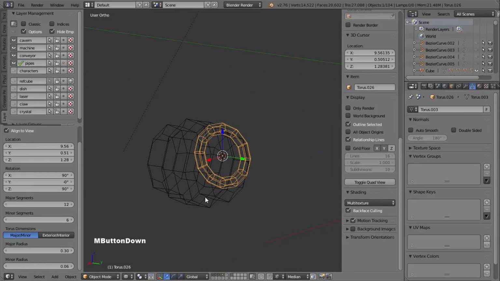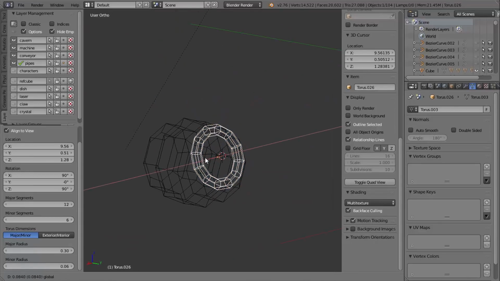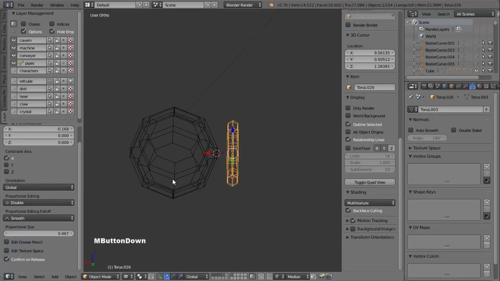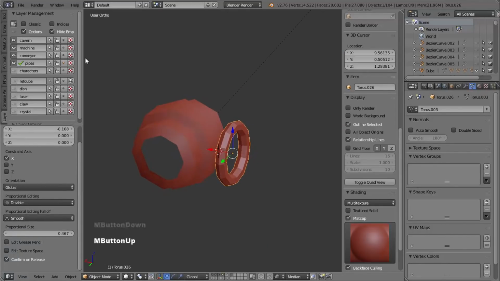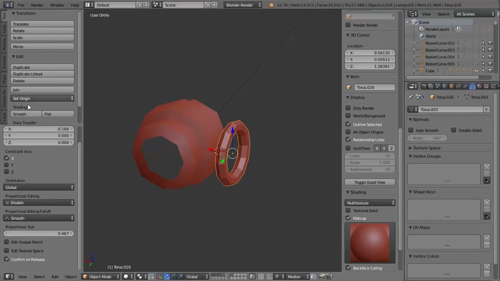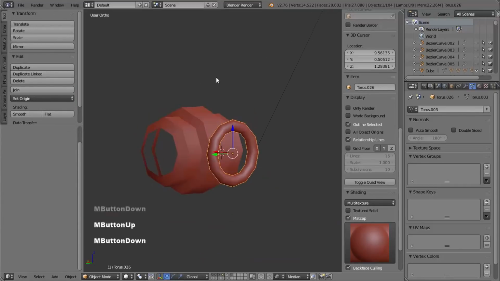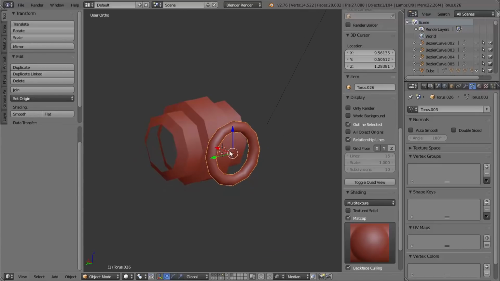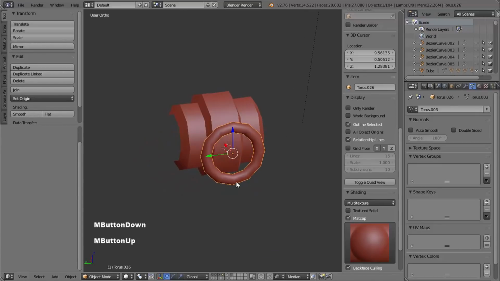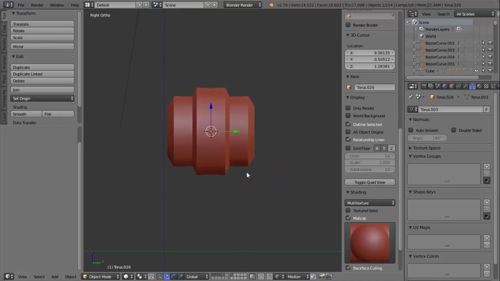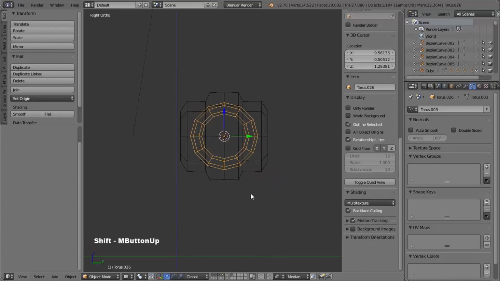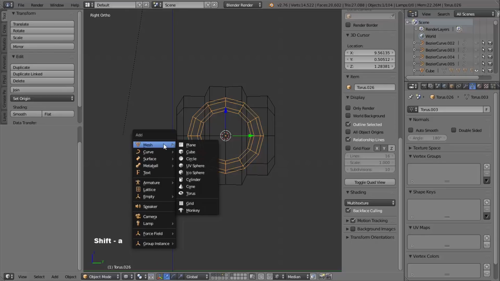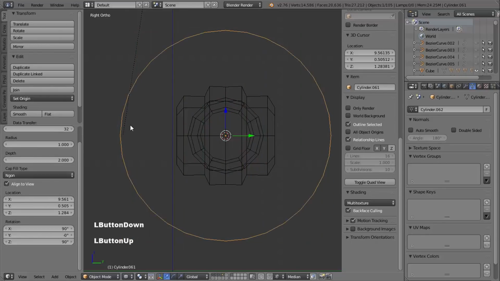Okay, so with that done, I want to move this on the x-axis and just move it out of the way of this valve object here. And then I want to go to my Tools tab and make the object smooth. So next I want to make a cylinder, which will be the axle that this wheel turns on. So back in my side view, and again I'm going to do this in wireframe, I'm going to press Shift and A and make a cylinder, and again have it aligned to my view,